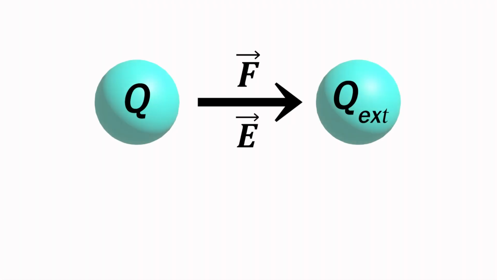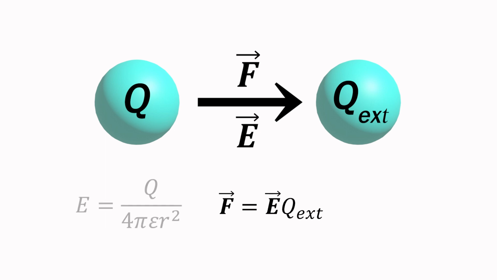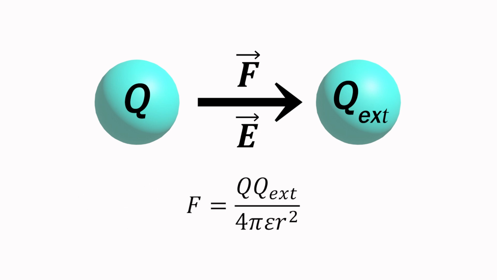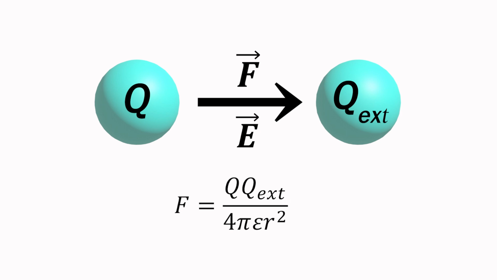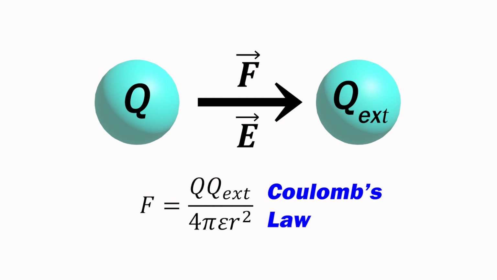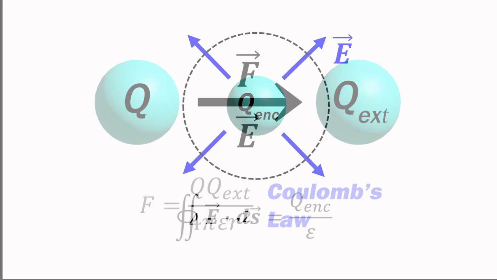Going back to our definition of electric field as the force applied to an external charge, we can rewrite it to show that the force equals the electric field multiplied by the external charge. Taking the expression we just derived for the electric field from a point source, we multiply by the external charge to get the product of the charges divided by 4 pi epsilon r squared, thus arriving at Coulomb's law for the force between point charges, which was discovered experimentally by Coulomb about 50 years before Gauss published his more general